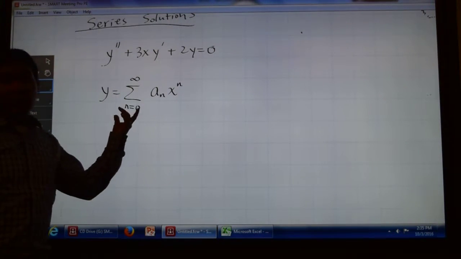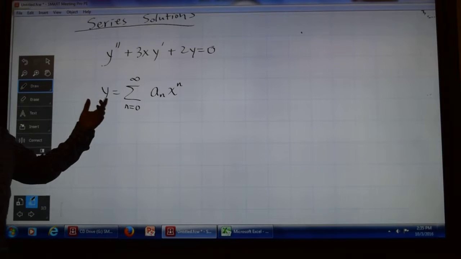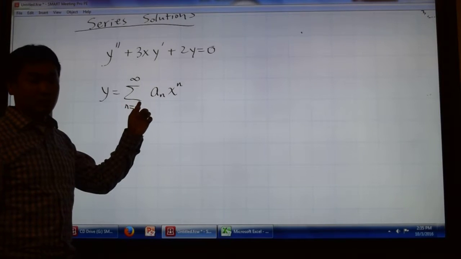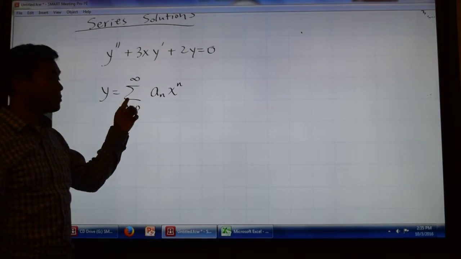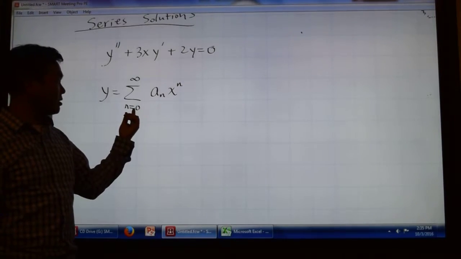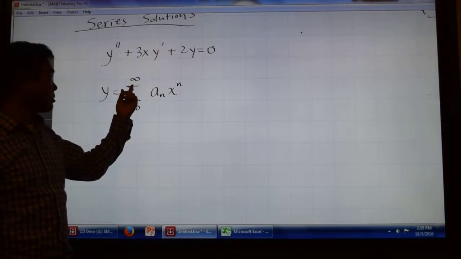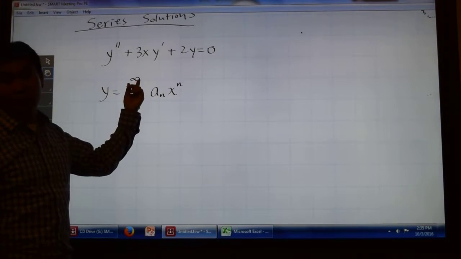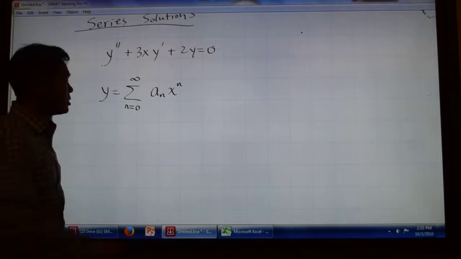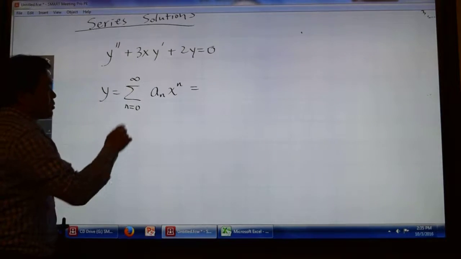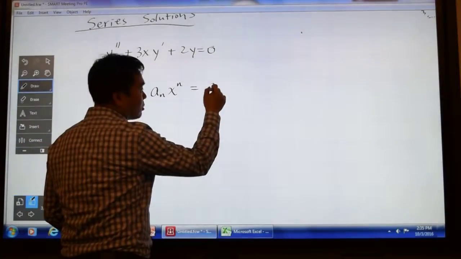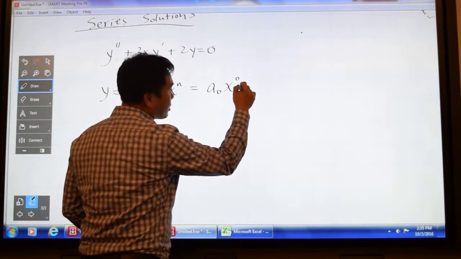Okay, you might have forgotten what sigma notation is, so let me try to explain what sigma is. Sigma is for summation. It's the Greek letter sigma, the Greek letter s, so it's for sum. It always carries an index, and the index starts from some number and it ends at some number. Because this top one is infinity, it means that this index starts from 0 and it never ends. So what are you doing? This really means, first, when n is equal to 0, you plug in this 0 in here, and you get a0, x to the 0th power, plus